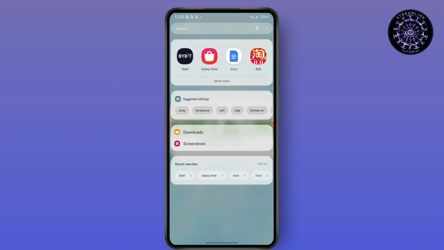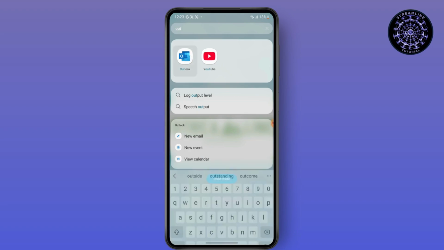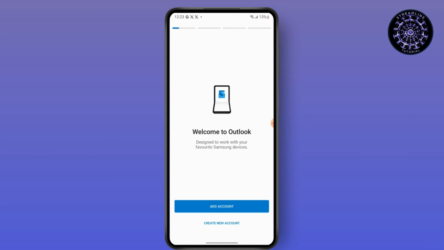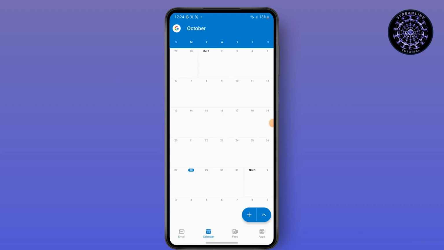First, launch your Outlook application. After that, go to Outlook calendar from the menu bar